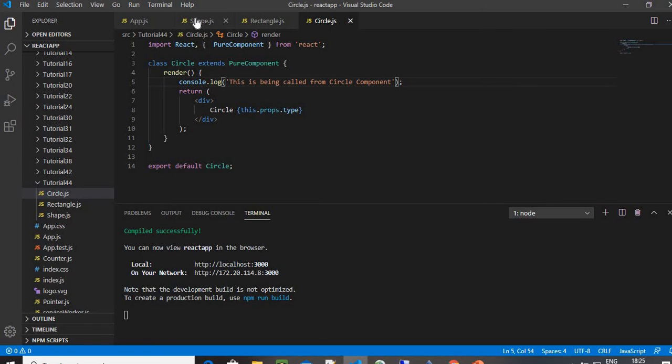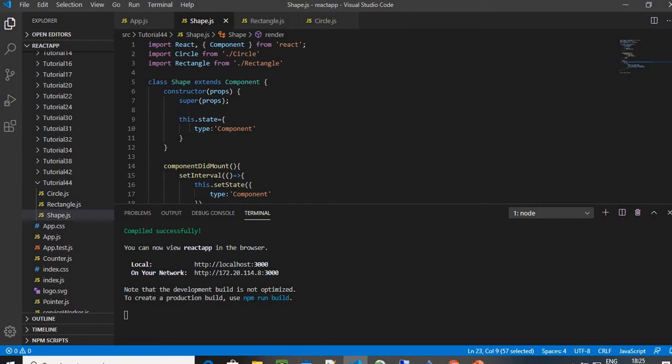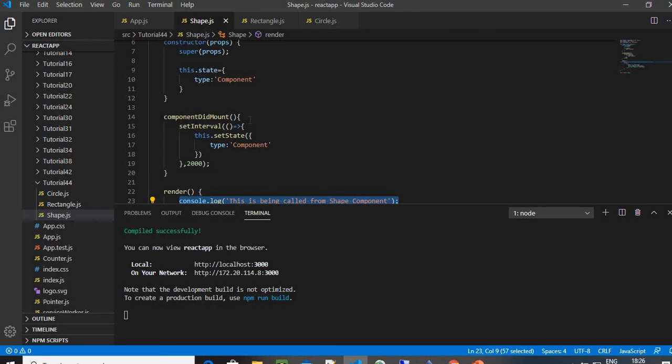So what I am trying to achieve is, in shape, I am having a constructor, and inside the constructor, I am setting a state value as type, which is equal to component. In component did mount. So when would component did mount be called? Component did mount would be called at the end of rendering. We have seen in the component lifecycle, right? Yeah. So component did mount, that is at the end of rendering, which is the last ranking of the component lifecycle